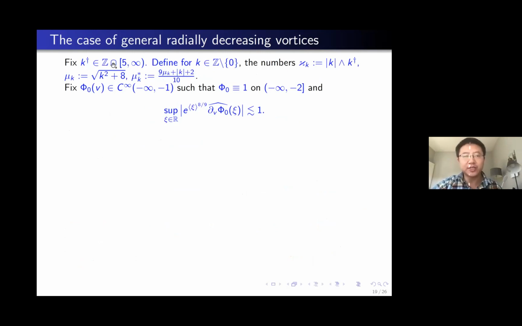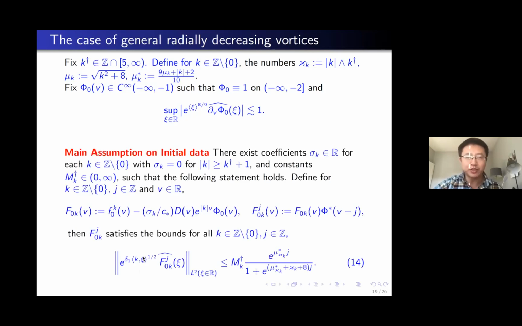So we will introduce this k dagger from 5 to infinity. Let's just fix it. Although we know that our function might decay like exponential to minus kv, we will not capture this information. Rather, we will only capture the exponential decay for the first few modes, and for higher modes, we will stop capturing the sharp decay, because then it would not be possible to simultaneously also capture the best regularity. And for us, we believe that the regularity is more important than the physical space decay.